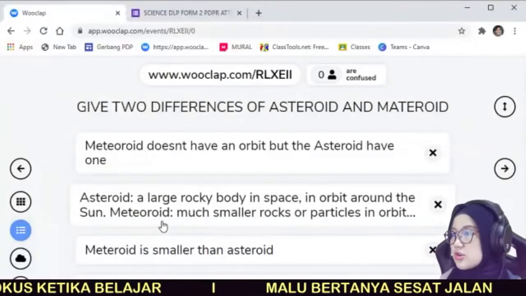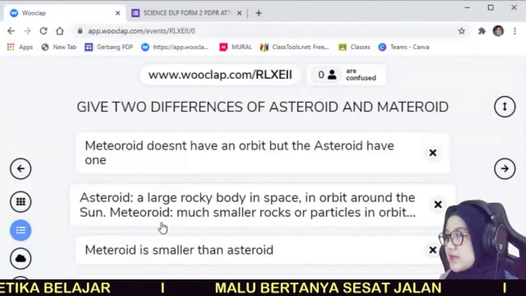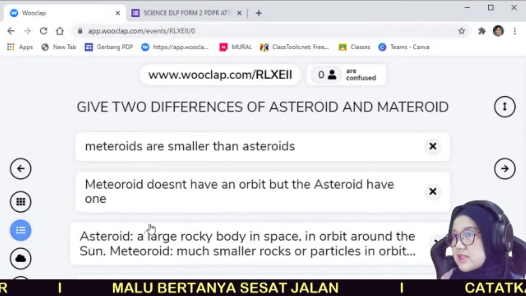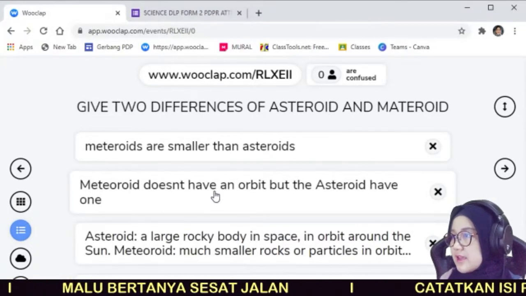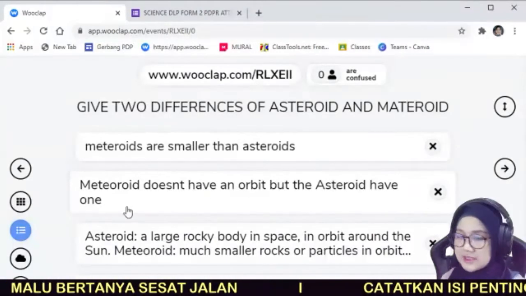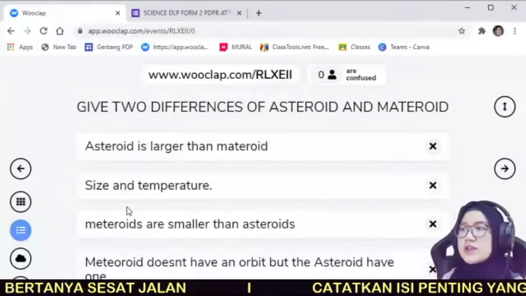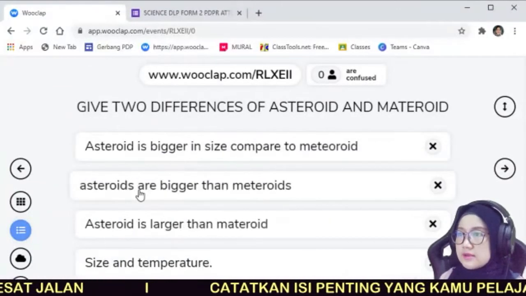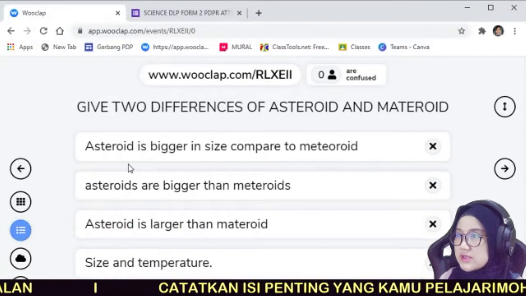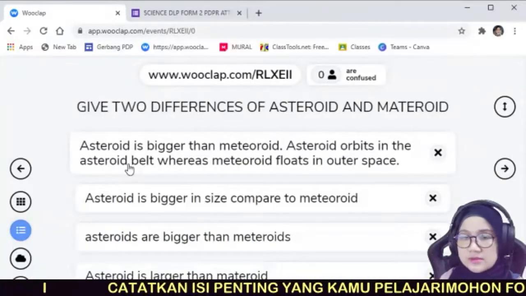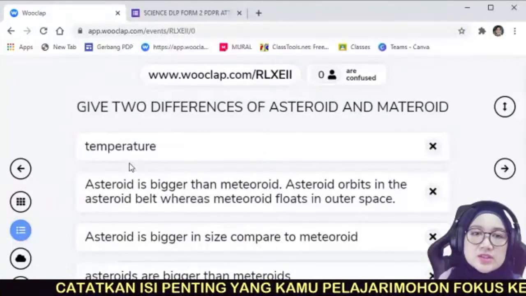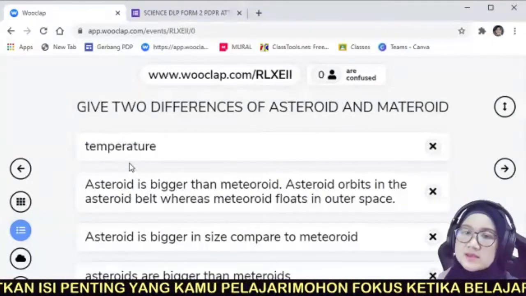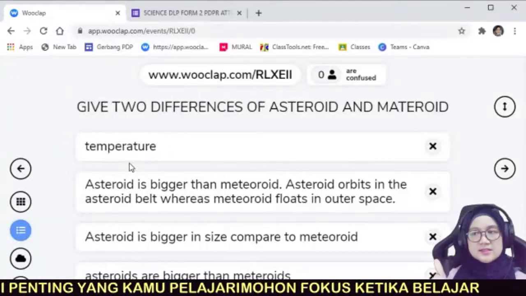Asteroid is a large, rocky body in space in orbit around the sun. Meteoroid is a much smaller rock or particle. Meteoroid doesn't have an orbit, but asteroid has one. Yes, good. It's a very good answer. Asteroid is bigger in size compared to meteoroid. Generally, we can say the difference between asteroid and meteoroid is its size and also